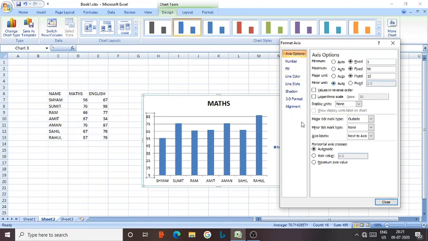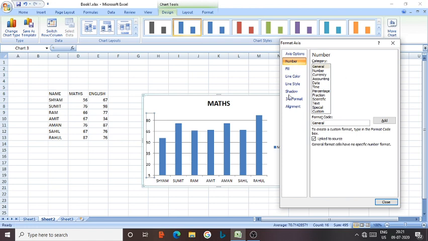Okay. Then we can click on it, and we have options like number. For representing the number, we can use these options to show the numbers in different formats. In general, the numbers come in the general number format, whatever we know. And currency, the numbers will take the form of currency. Similarly, if you want to represent date and time, you can do it.